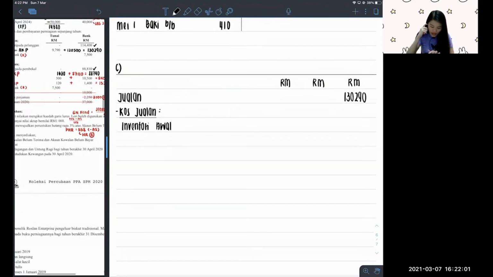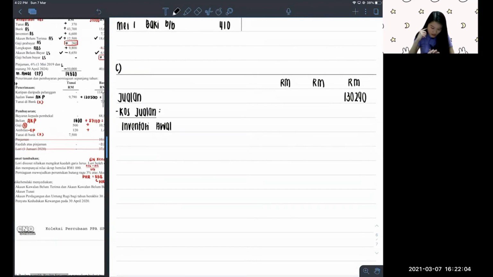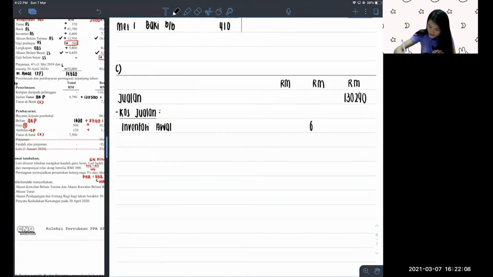So this inventory hour is going to be, let me see, 6,600. Put it at the center. 6,600. Go on to belian. This time your belian has no Audi, no pulangan as well. So go ahead underneath of your inventory hour. So jumlah belian adalah